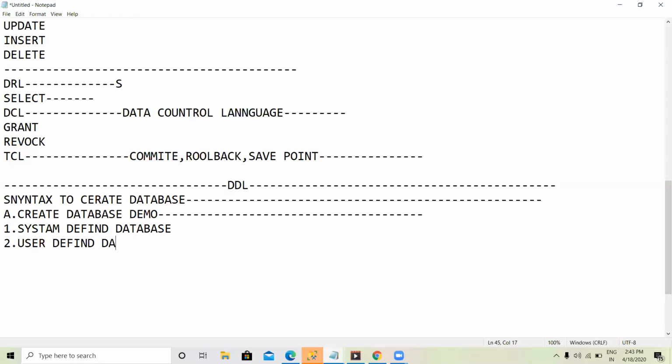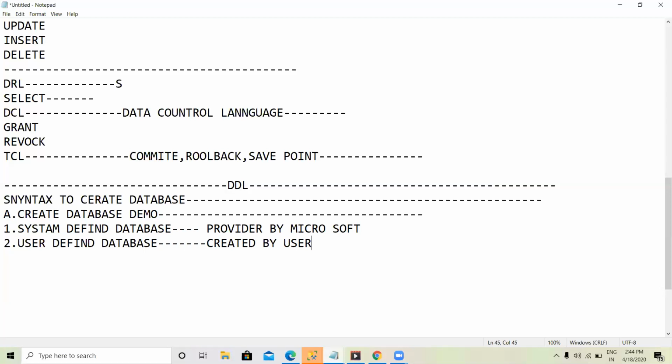System defined databases are the databases provided by Microsoft, and user defined databases are created by the user.